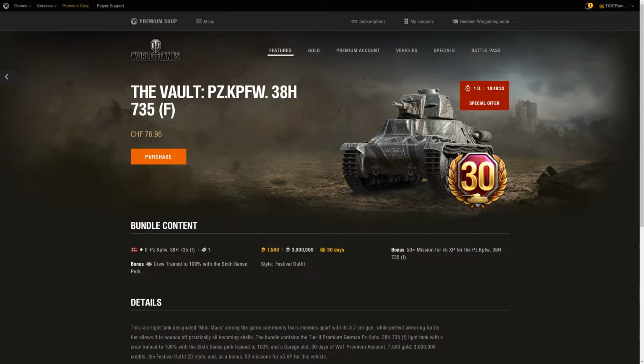because I just started the game up for the first time in about a week, and the very first thing I noticed was at the back there was this tank where you could click on it and it would get you to this page. And the very funny thing is that they are selling this tank in a ridiculous bundle, and that is something they've done for a very long time for some very sought after tanks,